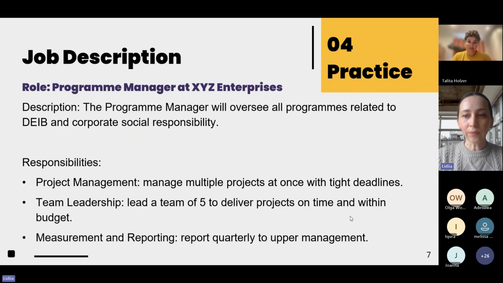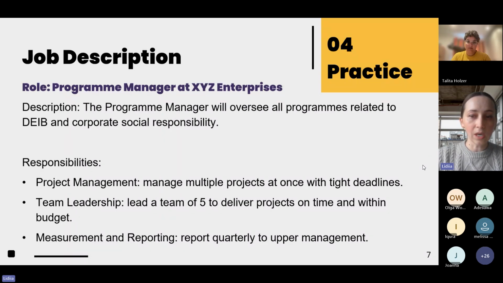So before we start, this is a fake job description that we will base our mock interview on. As I've said, it's very important to review the job description and to prepare according to it. So Talita has applied for this program manager role at XYZ Enterprise. The person selected for this role will oversee all programs related to diversity, equity, inclusion, and corporate social responsibility. The person will be responsible for managing multiple projects at once, leading a team of 5 people, and reporting back